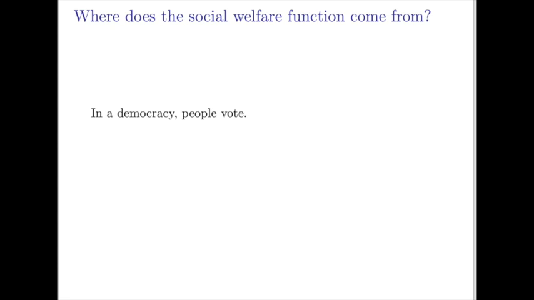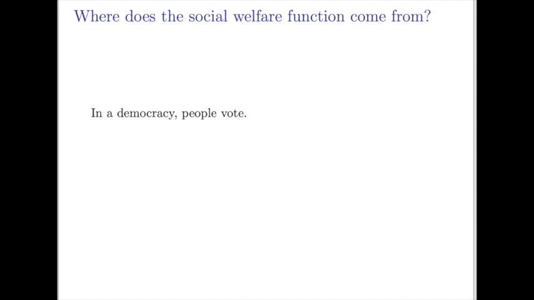We've talked about social welfare functions. Now, where do those things come from? Well, in democracy, people vote to express their preferences. Now, rather than thinking specifically about the situation where the social welfare function expresses society's preferences over how utility is distributed between two consumers, we can just think of it more generally: we have some set of alternatives from which we have to pick a policy,